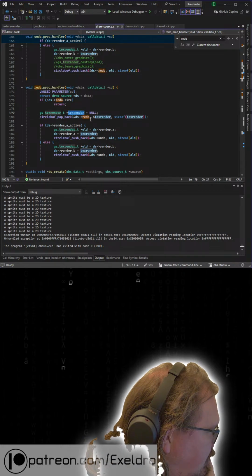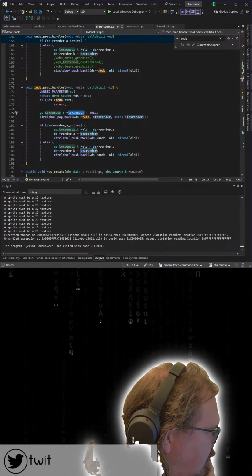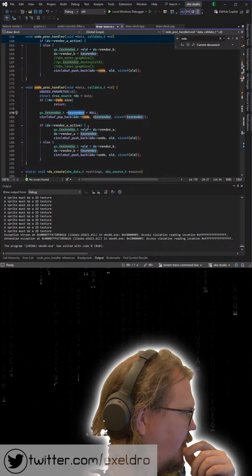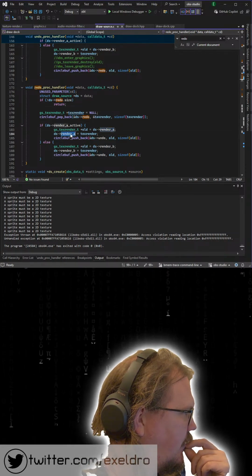Put it in text render. If render J is active,